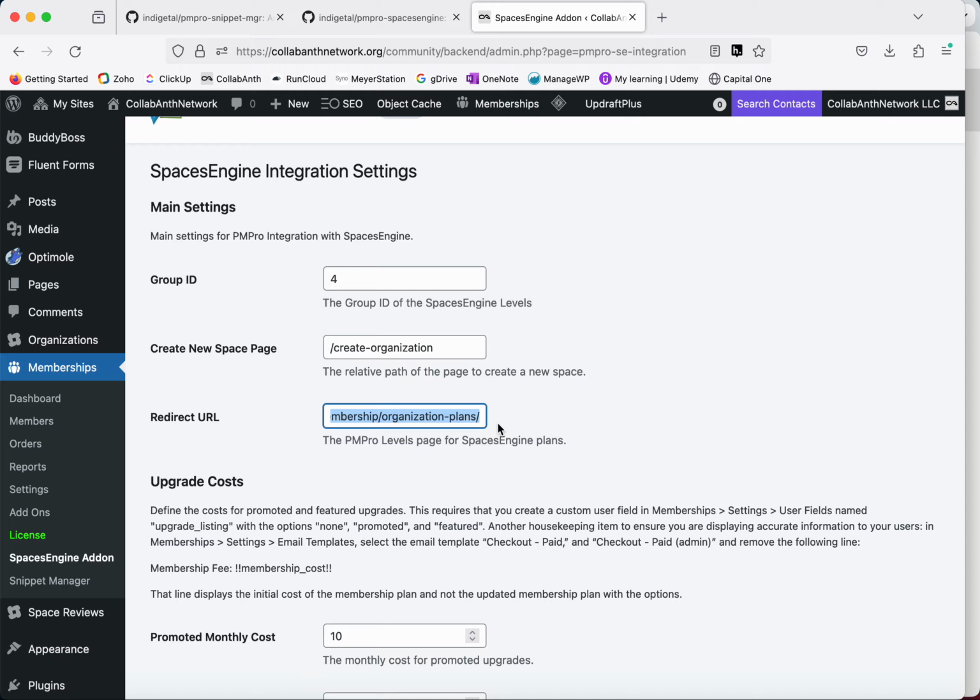And what that allows you to do is split up and create custom membership pages for each of your level groups, for instance. So I have a dedicated SpacesEngine membership plans page. And this is where I'm identifying that. Now, if you do not get the premium version of Paid Memberships Pro, you will not be able to split up your membership plans, but they will all be within the same membership plans page,